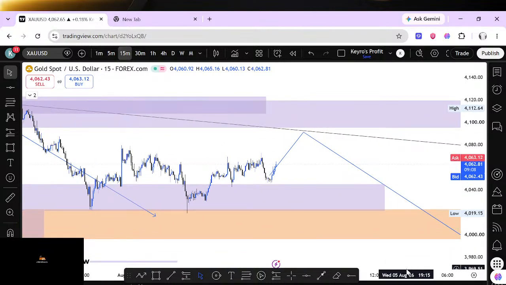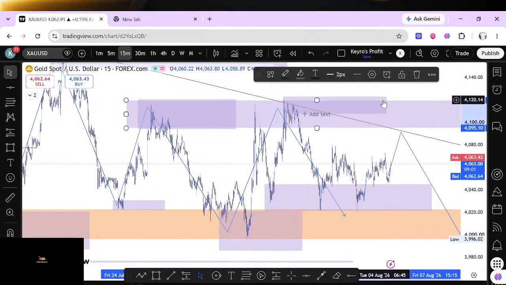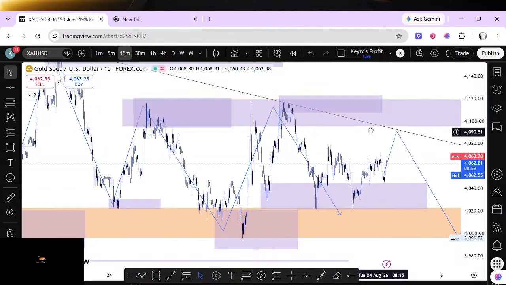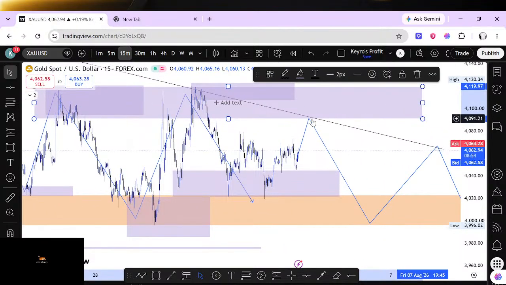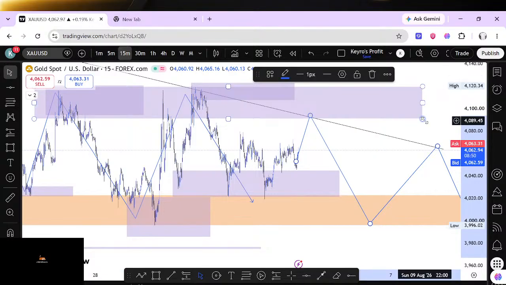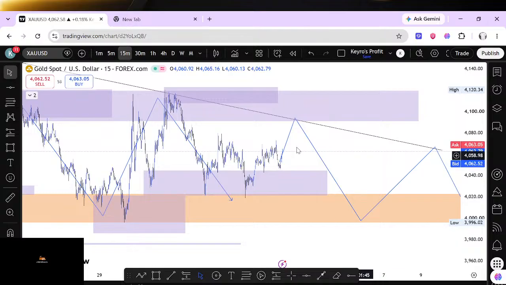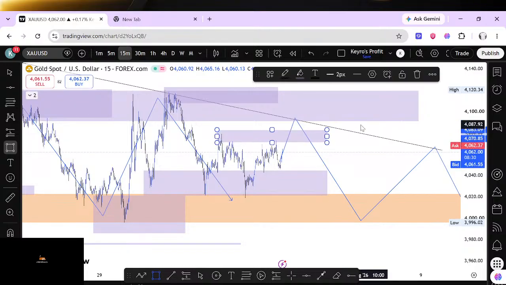Now, since we are in the 15-minute time frame, we've already identified the support and resistance that we are focusing on. All right. And at this support, this resistance level is where our trend line is marked. So we are expecting this trend line to stretch to that point. Perfect. Number one, if this market comes and breaks this zone around here, changes this character, and comes to this point,